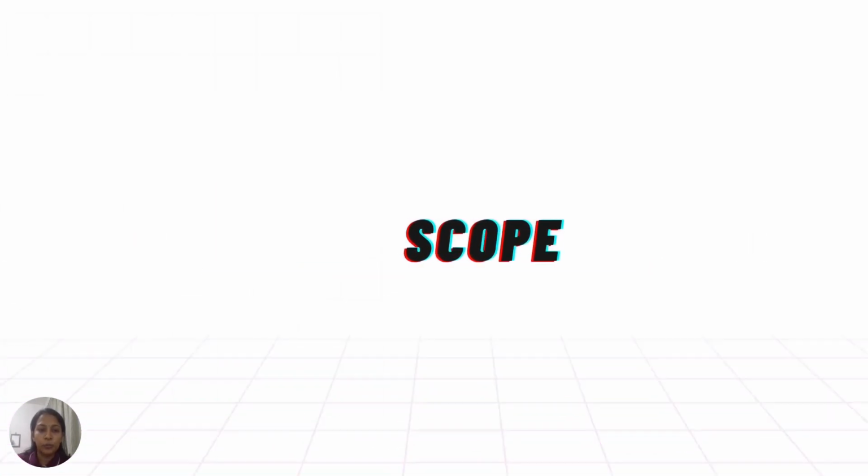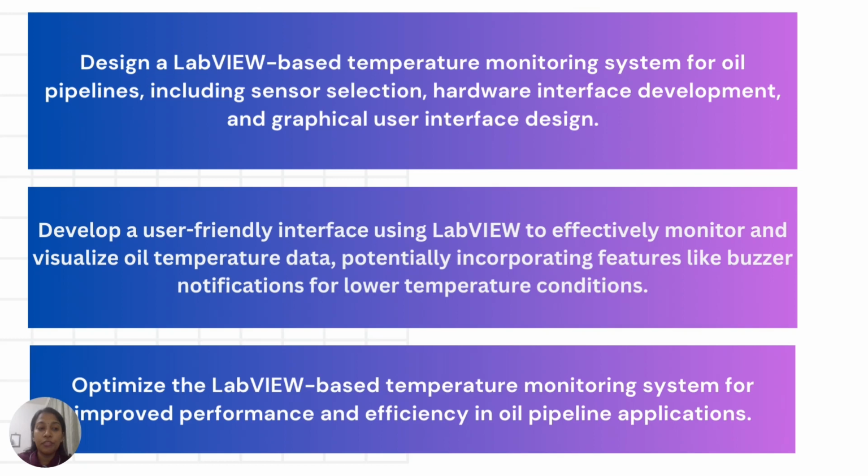Next is the scope. The first scope is to design a LabVIEW-based temperature monitoring system for oil pipelines. This involves selecting appropriate temperature sensors suitable for measuring oil temperature, developing the necessary hardware interface to connect the sensor to LabVIEW, and designing a graphical user interface within LabVIEW for displaying and analyzing the real-time